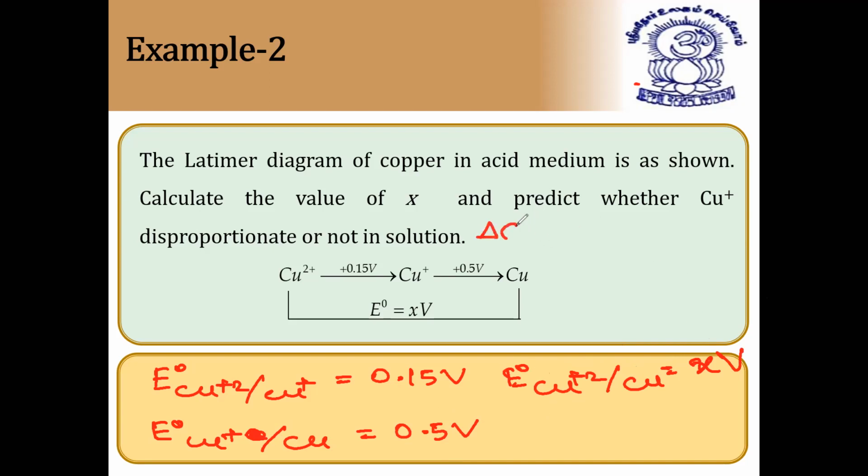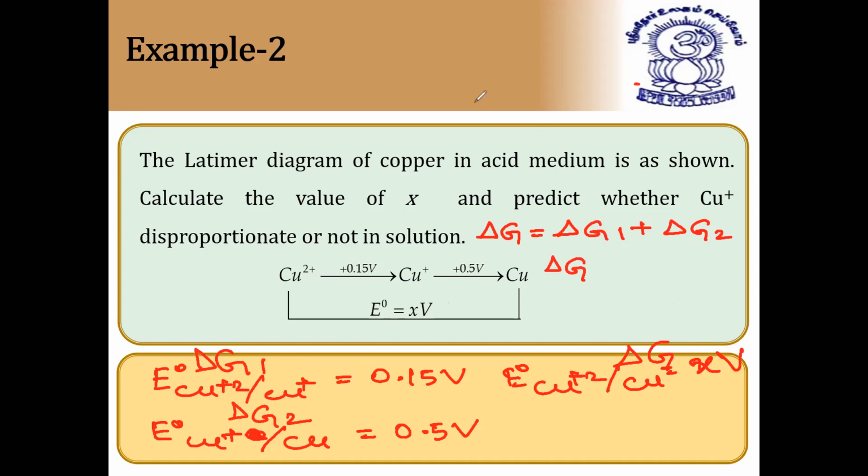Delta G is equal to delta G1 plus delta G2. Here delta G1 is the first case, and the second case is delta G2. And this becomes the final delta G. So by applying this, we can take delta G is equal to,